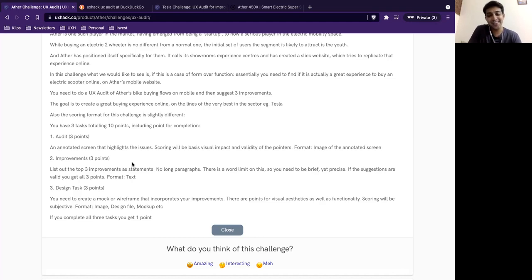And honestly, even I'm not sure that I'll be able to give time this weekend or not, but I'm hoping the format helps you in saving time. That's the hope, right? Because it's very clear what you can do. So 3 improvements anybody can suggest, right? It's just 3 pointers, a few words. You can design annotations, obviously you can do it, but design tasks etc. depend. So this is where the difference comes in, and it's very clear that you can definitely corner some points if you complete just the 3 tasks. So let's see how it goes. I would love to see if it encourages more people to submit. That's what we always love to see.